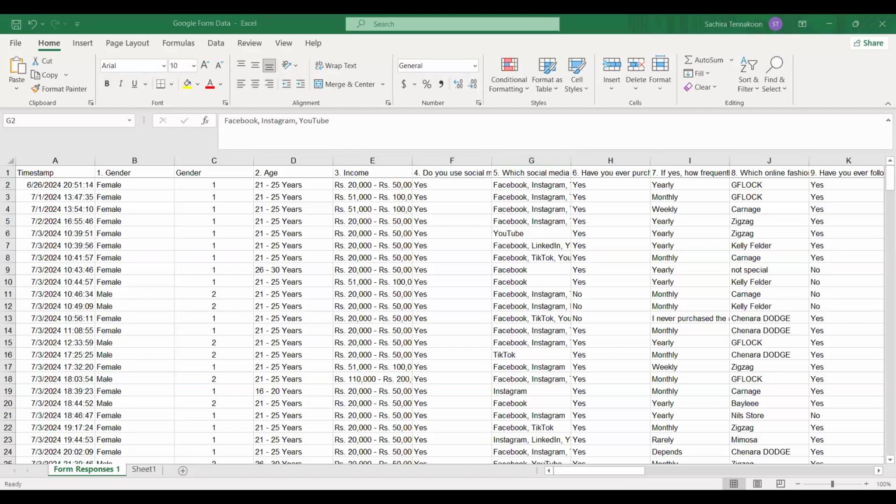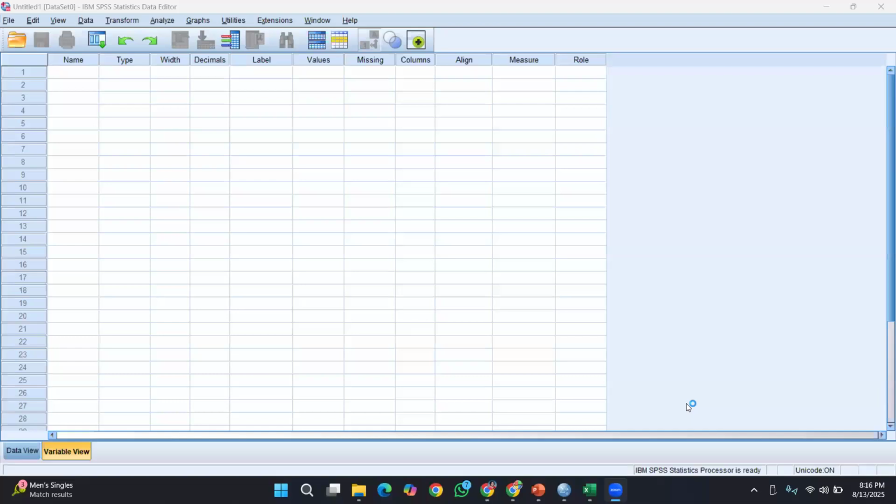but to showcase to you how these analyses are done, I will be performing a data export, right? When it comes to SPSS, it is importing data, right?